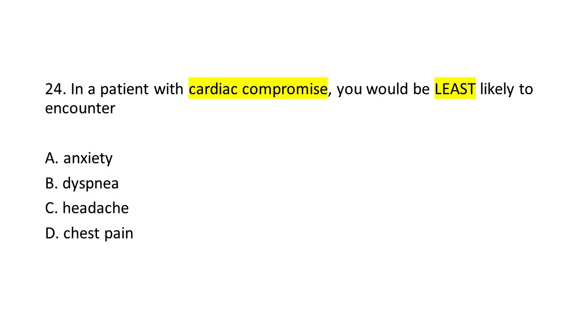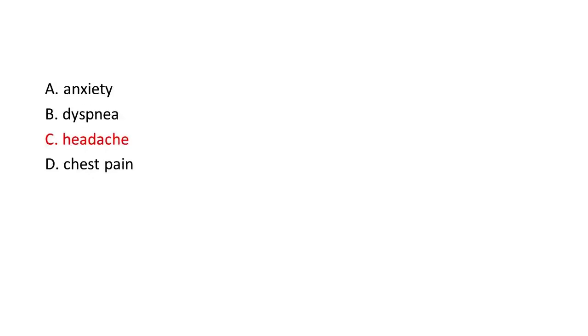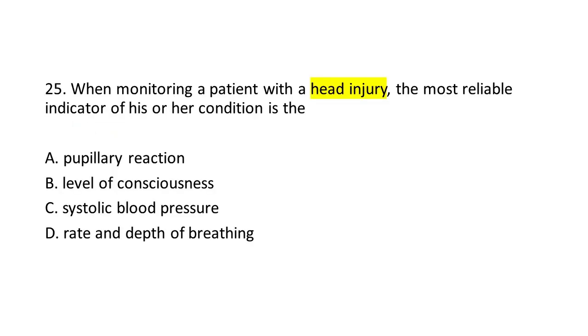24. In a patient with cardiac compromise, you would be least likely to encounter A. Anxiety. B. Dyspnea. C. Headache. D. Chest pain. The answer is C. Headache. 25. When monitoring a patient with a head injury, the most reliable indicator of his or her condition is